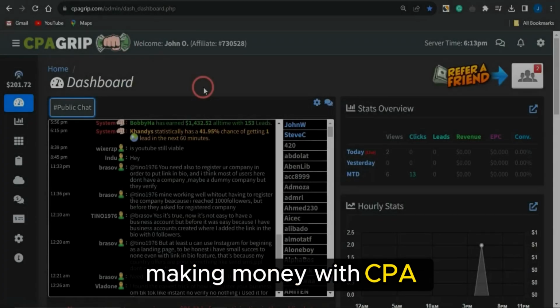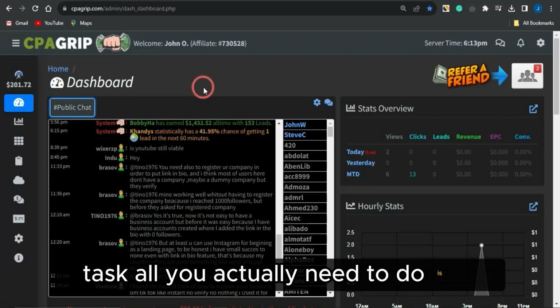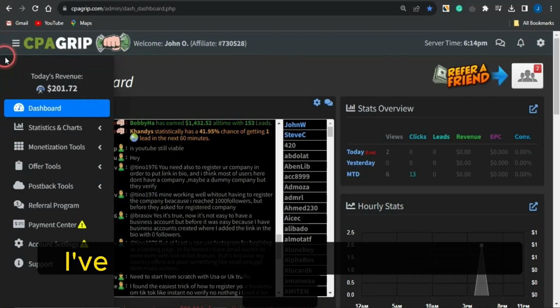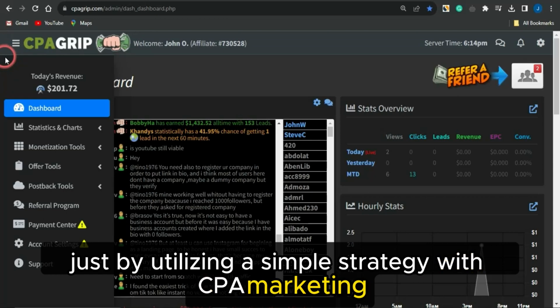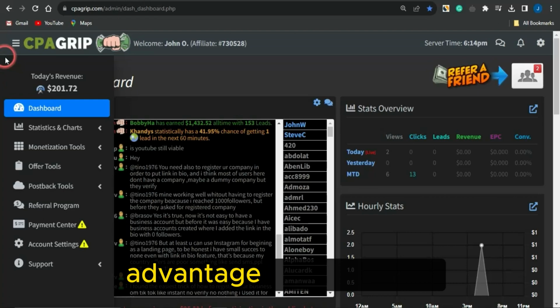Making money with CPA marketing is not a difficult task. All you actually need to do is use the right strategy to start making money online right now. As you can see, I've made this exact amount today just by utilizing a simple strategy with CPA marketing. And this is quite amazing because even a beginner can take advantage of this